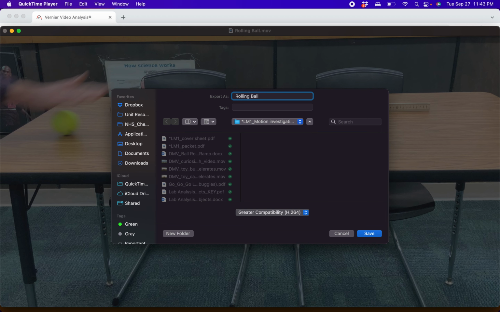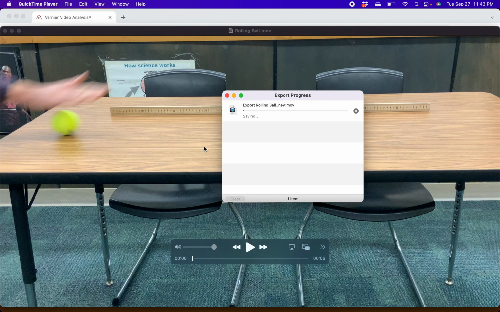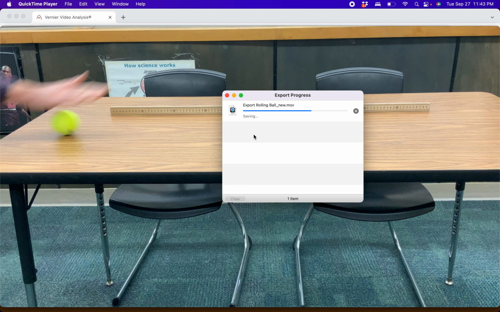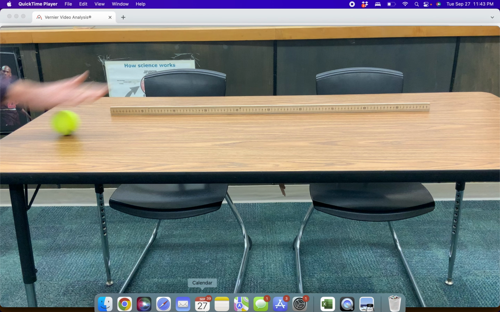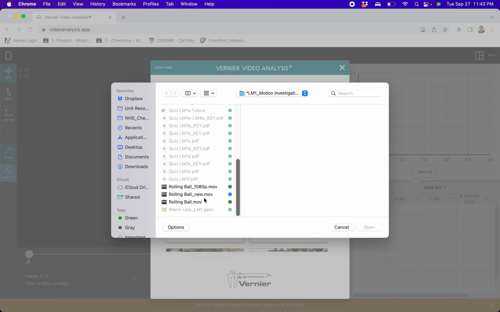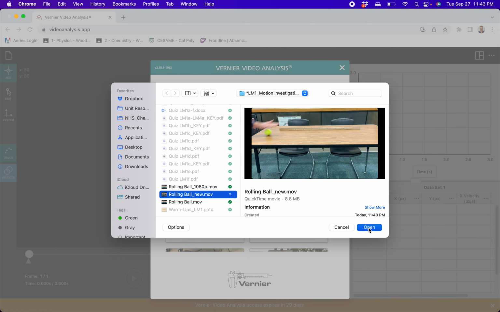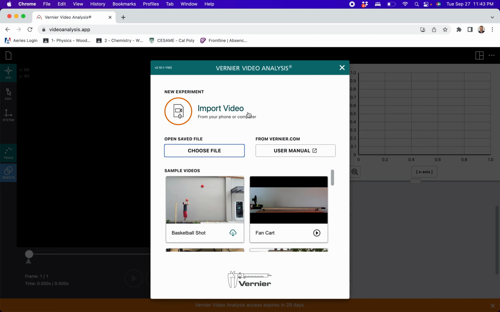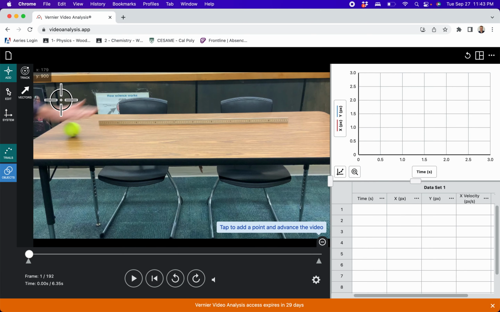I'm going to call it Rolling Ball New, and it's going to export it. Once that's done, I'm going to go back and import the video again, choosing the new file. I'm going to open up Rolling Ball New, and hopefully, sweet, it liked it. It's going to import the file, and here's the video. If I hit play, there's this very short video of me rolling a ball across the table in my